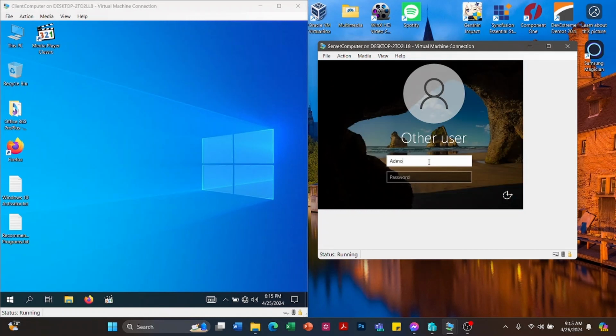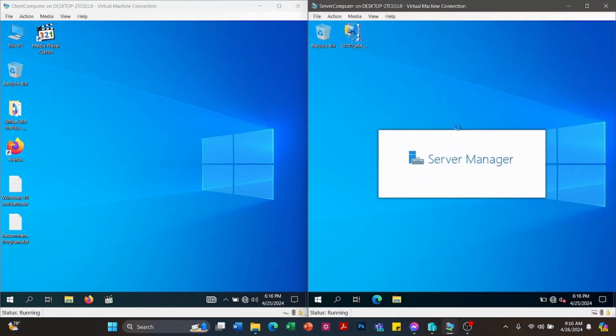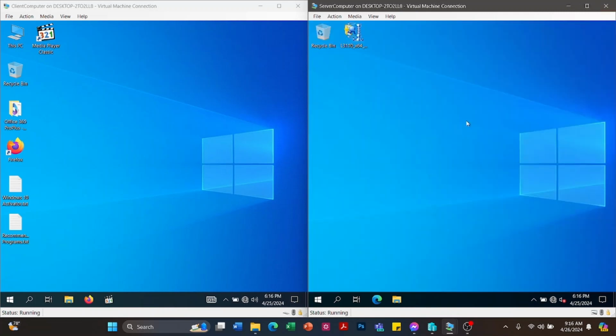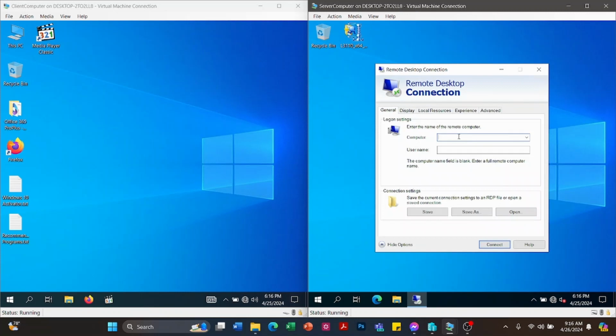So let's log on the administrator. Okay, so let's try again to open and connect the remote desktop.